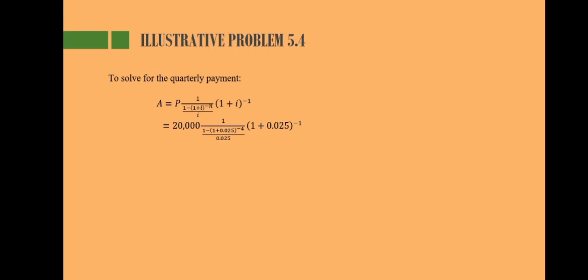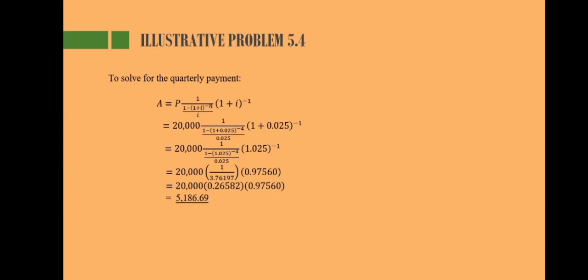Yung I is, since 2.5% yun siya, equivalent ng 2.5% is 0.025. And ang N natin is 4. So, meron tayong 20,000 times 1 over 1 minus the quantity of 1 plus 0.025 raised to the power of negative 4 all over 0.025 times the quantity of 1 plus 0.025 raised to the power of negative 1. So, kung i-simplify natin itong equation na to, magka-come up tayo sa sagot na